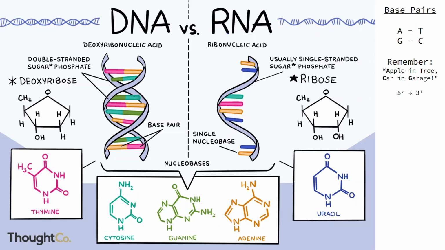And another difference is, well, DNA stands for deoxyribonucleic acid and RNA stands for ribonucleic acid. And the difference in the name is the pentose that each of these nucleic acids use. So DNA uses deoxyribose, while RNA uses ribose. And the difference between deoxyribose and ribose is that deoxyribose just has 1 less oxygen in it than ribose,